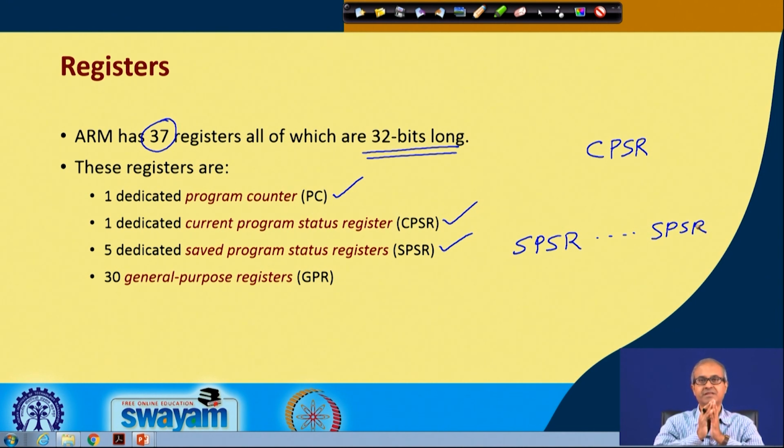You see, in a conventional processor, whenever an interrupt comes, what we do normally? We save all the registers in the stack. That can include also the status registers, the flags. Go to the interrupt handler, finish everything, come back, restore all registers and status register from the stack and resume